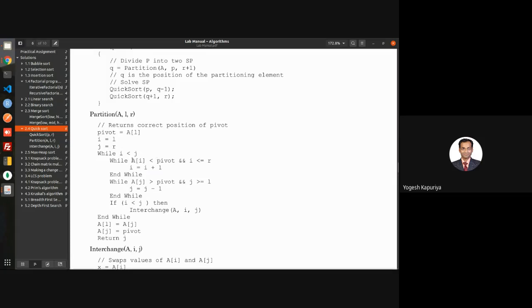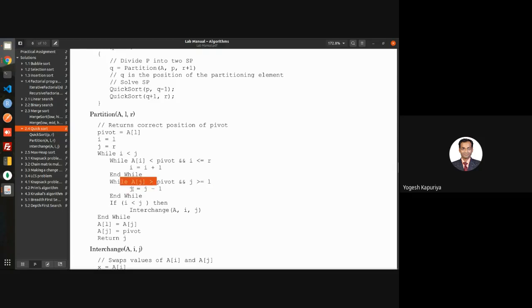Now there are two cases when this loop will terminate. First case is that you have found some element which is less than pivot, but there may be the case that there are no elements which are less than pivot. You will keep on incrementing i, then you will reach the point R. R means your rightmost, that means the end of the array. So when you reach the end of the array, then also you should terminate this loop. Otherwise, this will go into an infinite loop if it doesn't find something which is less than pivot. So that's why this is the second terminating condition. You should not search beyond the array.